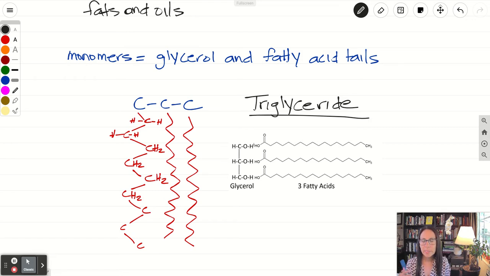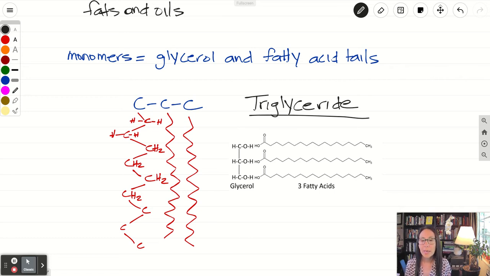Each carbon has to be attached to 4 things, so it's either going to be attached to another carbon or some hydrogens. The carbon on the end has 3 hydrogens because there are 3 loose ends. This is called a triglyceride, and it is a lipid that is used